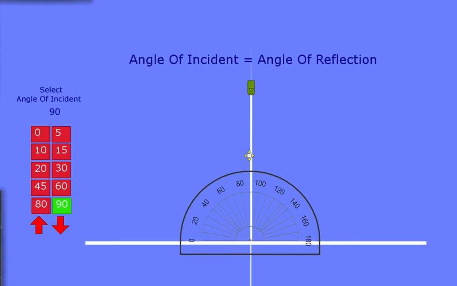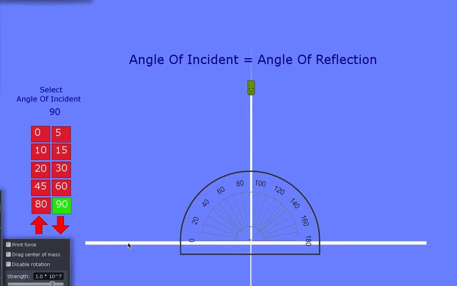angle of reflection. There is a small flaw to this plan of mine, is that the simulation I found is actually wrong. Don't tell anyone, you'll have to use your brains to make it right. So we know, first of all, that this white line is representing a mirror, and it's a flat mirror or